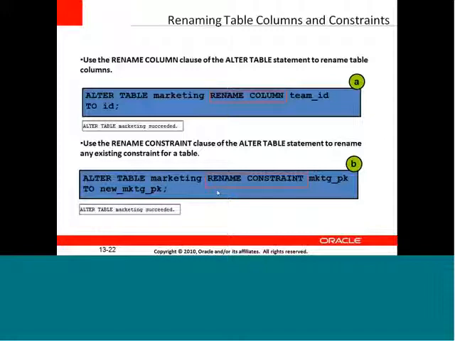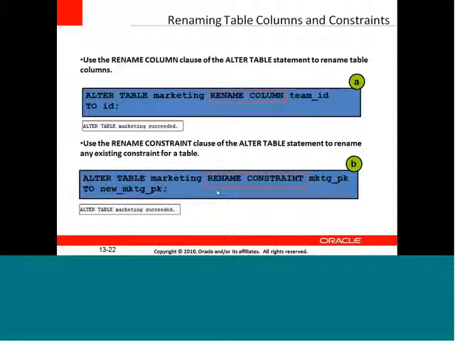I have to use the constraint name as new marketing PK, and that is the name which has been given to that column, whatever the marketing column or any such column which is present in the marketing table. So henceforth, I have to use only this name, new marketing PK, because that marketing PK is no more existing in the database.